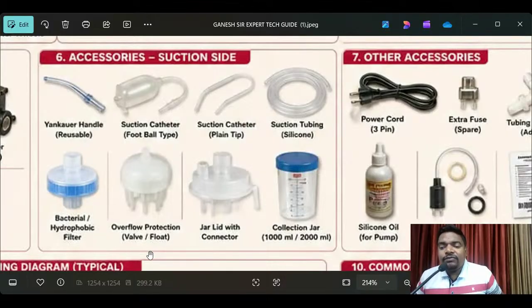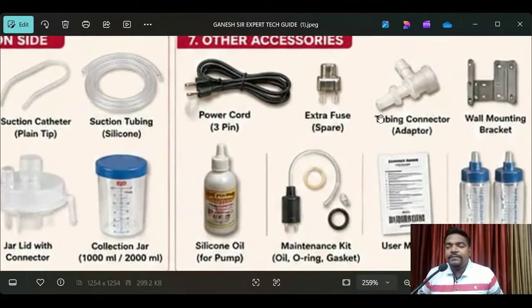Overflow protection valve float and jar lid with connectors, the inside part. Next, collection jar, 1000 ml or 2000 ml, depending on requirement we can take it. Now come here, what other accessories are there? See,